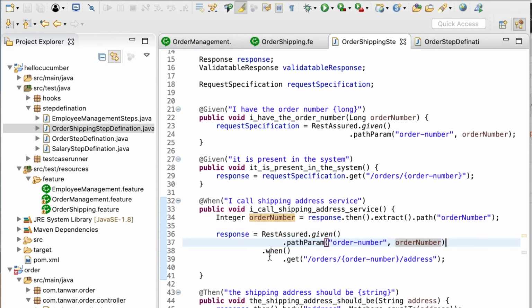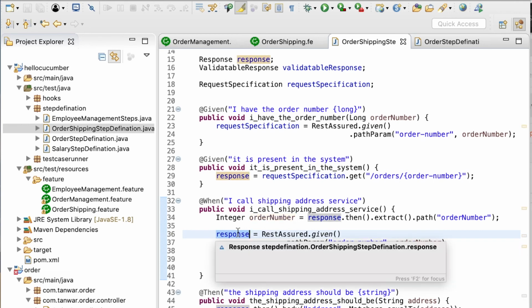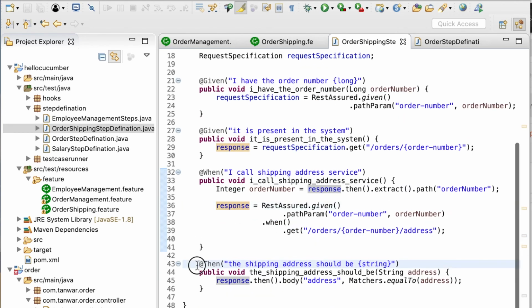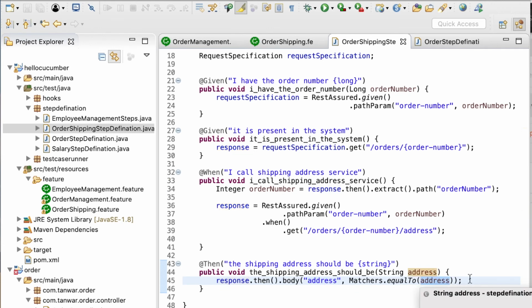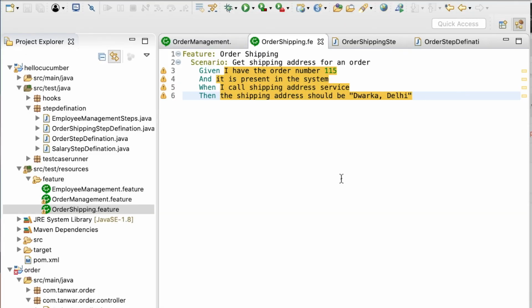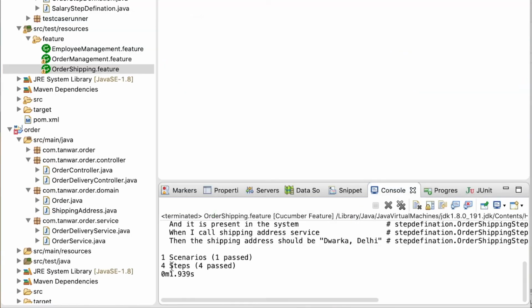And then in the when, we are making the API call and putting the response in the response object. And in the final then condition, we are validating the address that we get from the second service and matching it with the one we have in our step. Let's give this feature a run. It executed 4